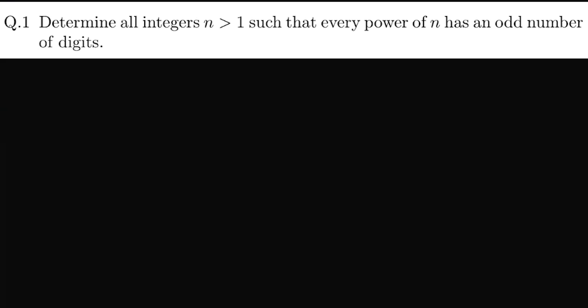Today we'll discuss ISI's 2023 UGB paper, and the first question is: determine all integers n greater than 1 such that every power of n has an odd number of digits. Now the first concept that we need to learn here is how to find the number of digits for any number n. So if we have a number n, then the number of digits,